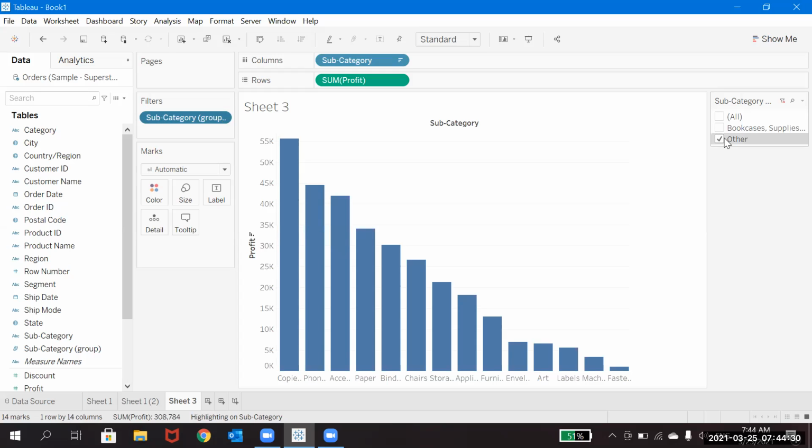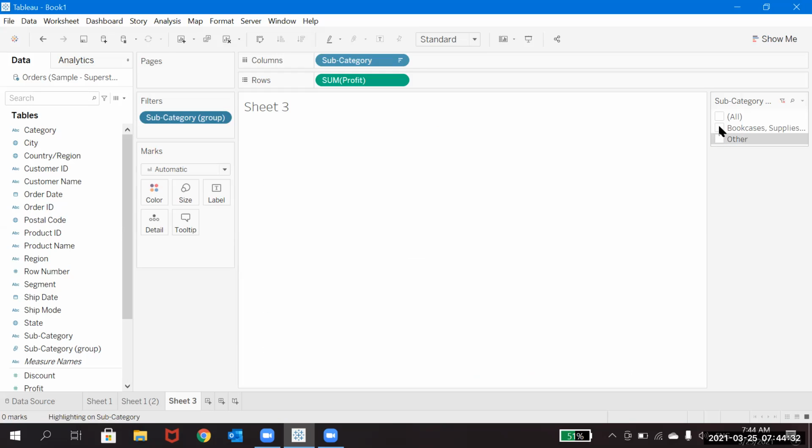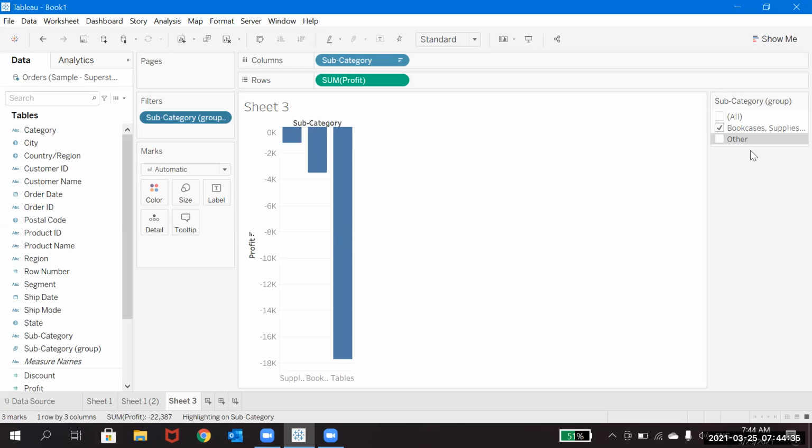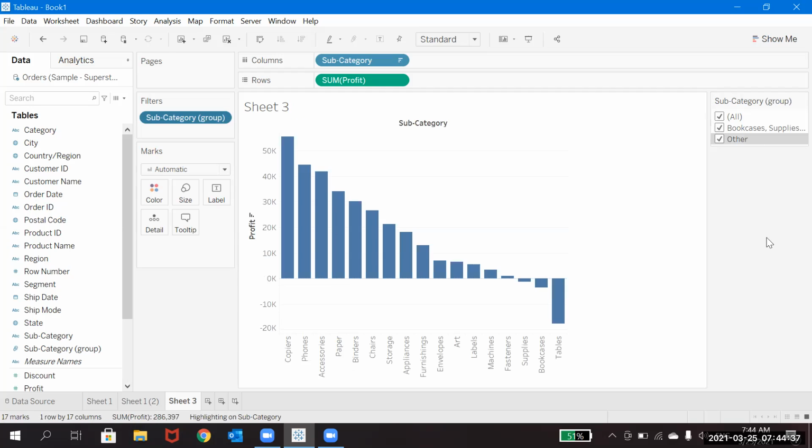Or maybe you want to showcase only the negative values, you can show them. So group will help you manually group and combine some values whatever you have in your data, and make use of it as a filter, or keep it in colors or anything. However you would like to use it, you can use that grouping.